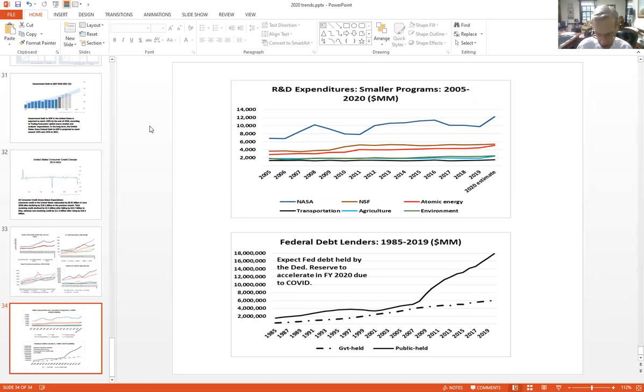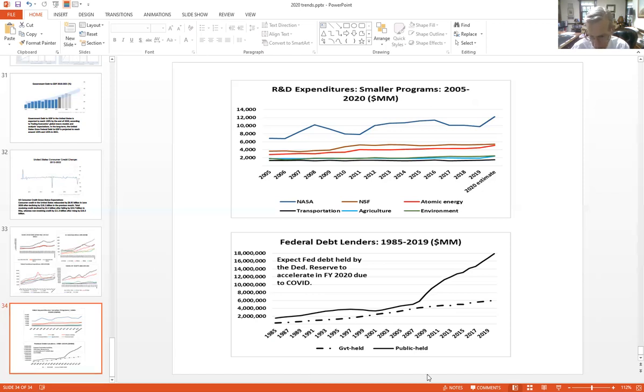Then the little dotted line below is debt held by the Federal Reserve. So if the Treasury needs funds, it makes a loan from the Federal Reserve. The Federal Reserve holds that loan and provides dollars to the Treasury so that it can meet its obligations. That's convenient, isn't it? In any event, this, as I said, was the last of the slides.